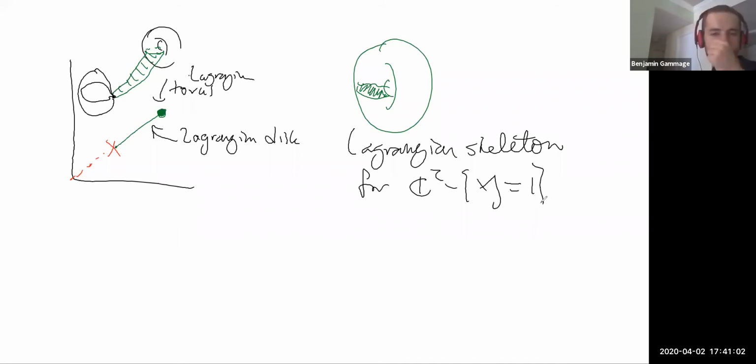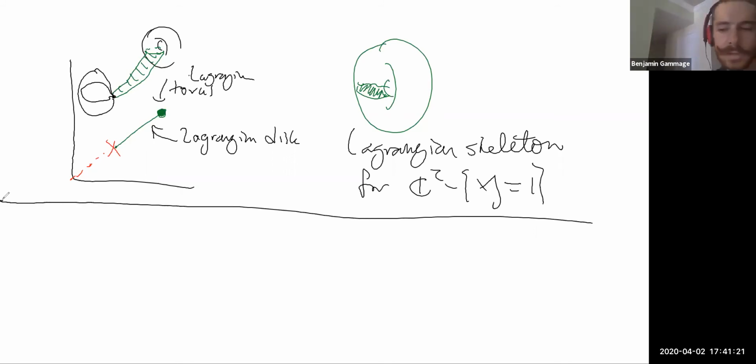And so somehow, once you know that, then that is going to allow you to compute the Fukaya category of that thing. So maybe I'll talk about that in a second. First, let me just explain what's happening in the original picture. I can't go back, but I had this original picture where I had C2 minus xy equals 1,